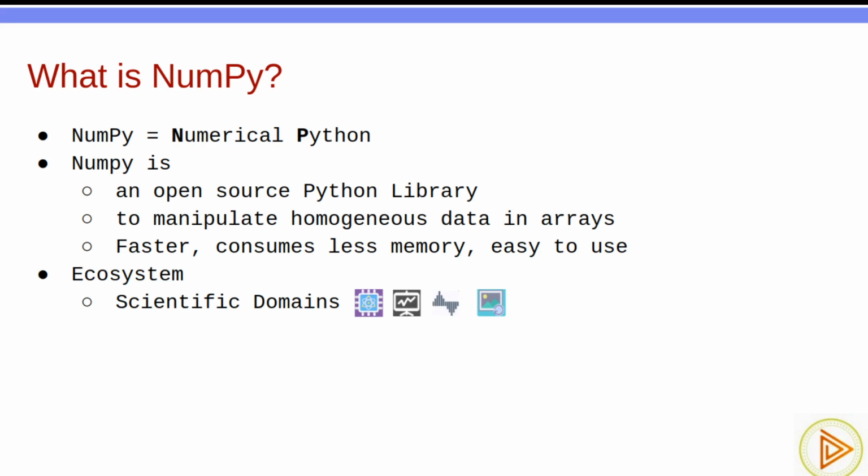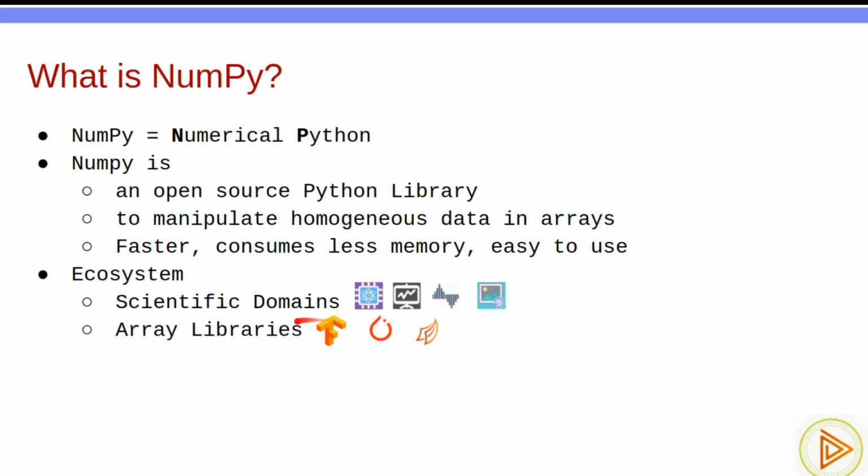Let's discuss the ecosystem. Ecosystem here means where NumPy is extensively used, in which domains it has been used. In scientific domains, which include quantum computing and statistical analysis. Statistical analysis includes your time series forecasting, speech signal processing applications and image processing applications.